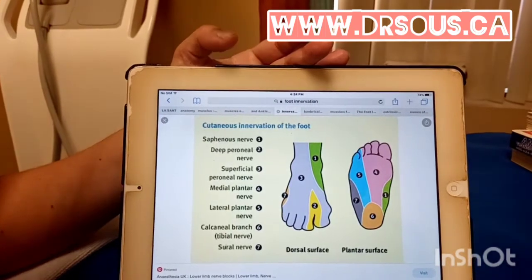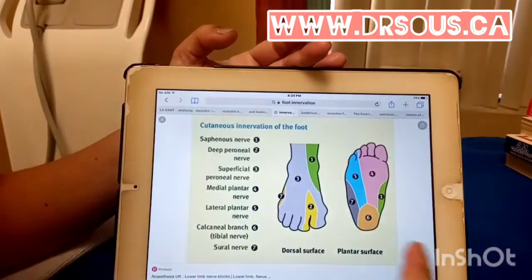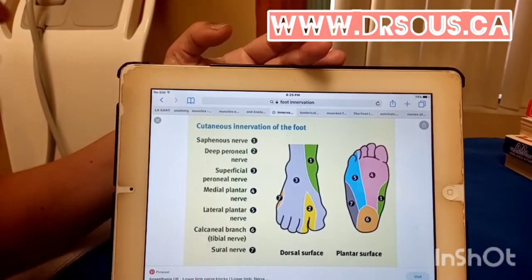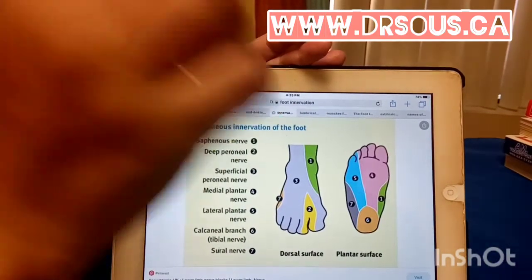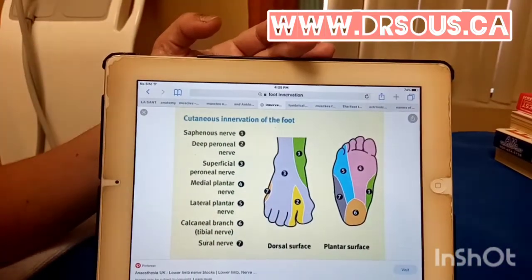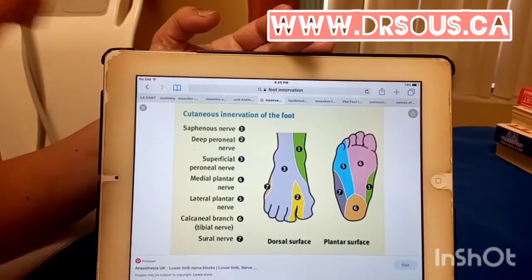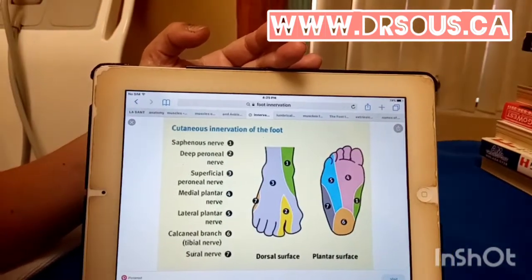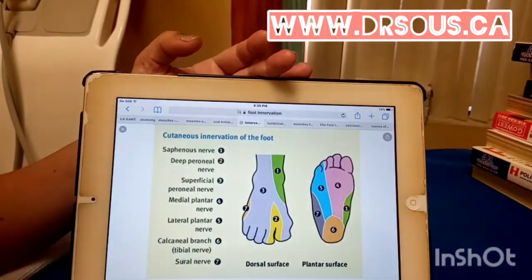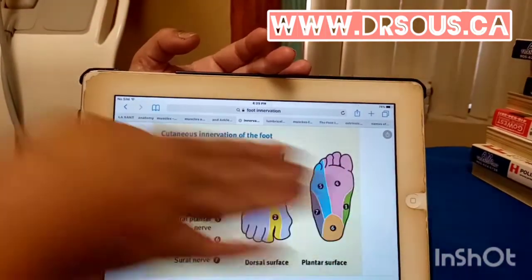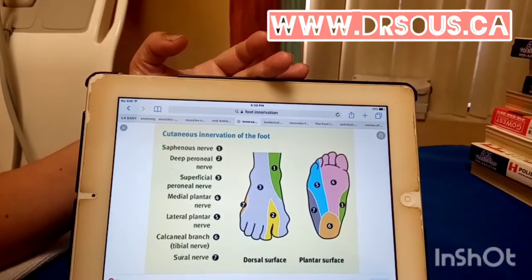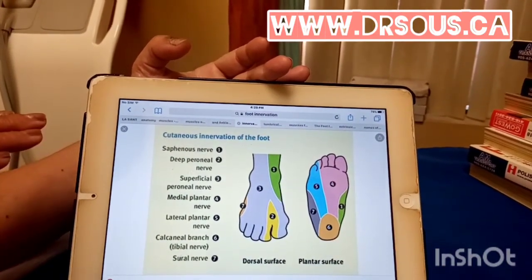I just mentioned that because if you see the plantar surface, almost all the innervation is from the tibial nerve, and on the dorsal side, almost all the innervation comes from the peroneal nerve. Remember, peroneal refers to the fibula, our area of the fibula. So it's easy to remember in this way. Here tibial nerve and here peroneal nerve. So you can see here. For example, just one